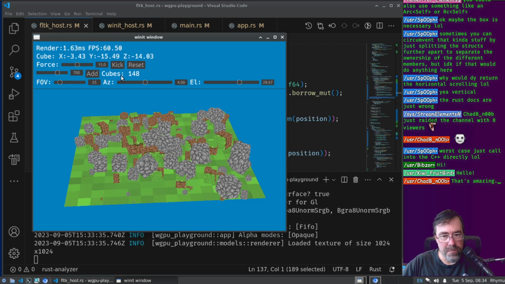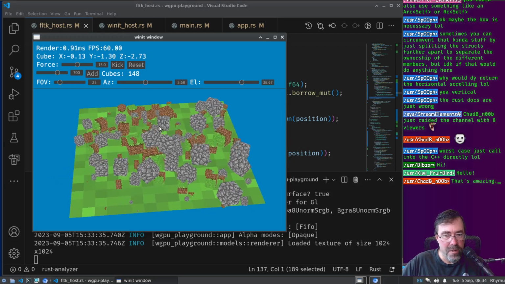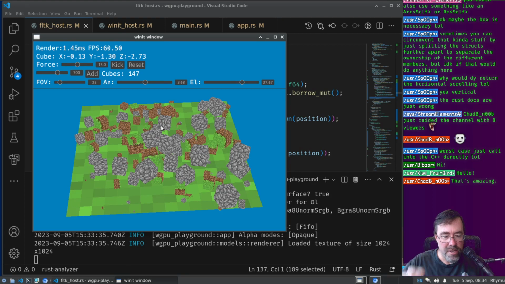So yeah, just like a playground. When I was learning how to do textures in the shader for wgpu, I'm like, what's something really simple to work with? And I just picked Minecraft textures. And I picked the grass block and the cobblestone block just to have two different ones. So if you look back in my stream's history, it was at first just a triangle, and then we made a cube, and then we made a 3D cube, and it was just using random colors, like a rainbow color